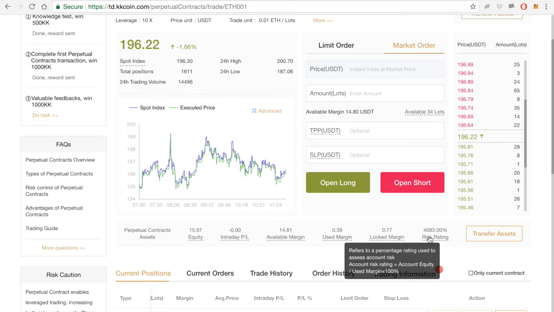Now, I would like to spend some time on this risk rating because it's an extremely important concept. So the higher the risk rating, the better your position, meaning the higher the risk rating, the higher appetite your account has for risk. So in the example now, we actually have a 4,000% risk rating. And at KKcoin, to help you limit your losses, we do have three kinds of risk management mechanisms built into this